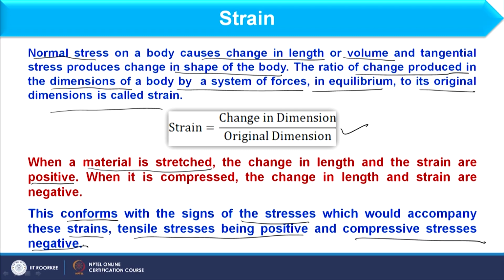So, when I am applying tensile stress, whatever change occurs in strain would be positive, and therefore strain will be called positive strain or tensile strain. I think you are getting me. And if I am applying compressive stress, it means that the change in length would be negative. So, compressive stress will reduce the length and then strain would be negative, and that strain will be called compressive strain.